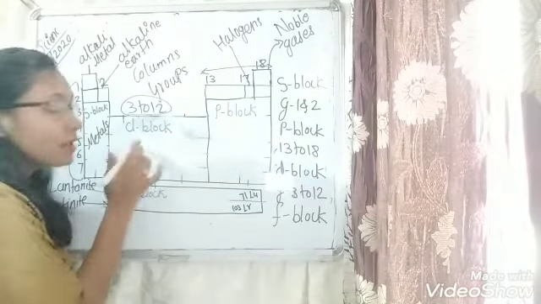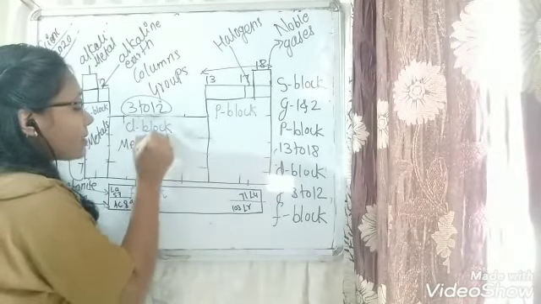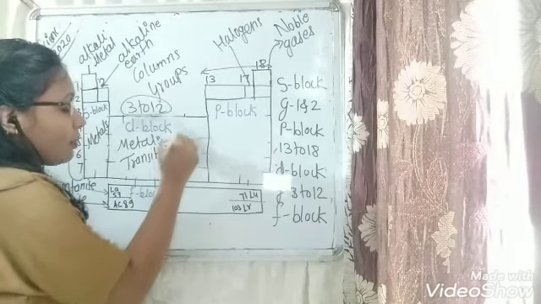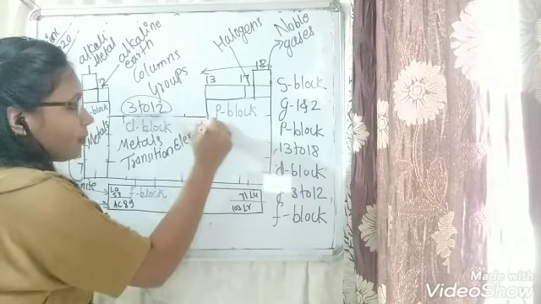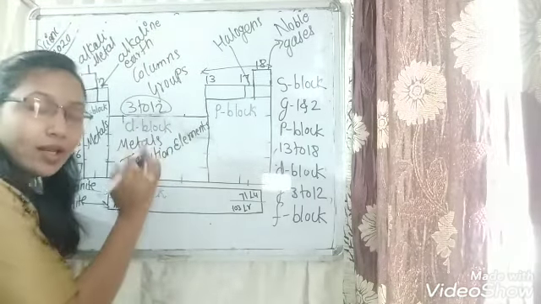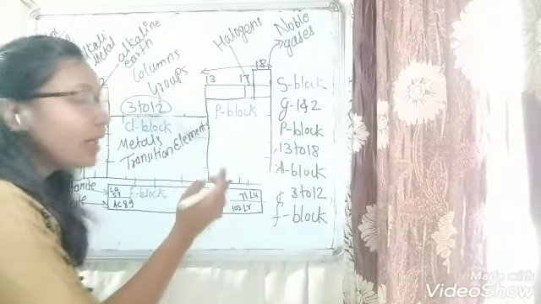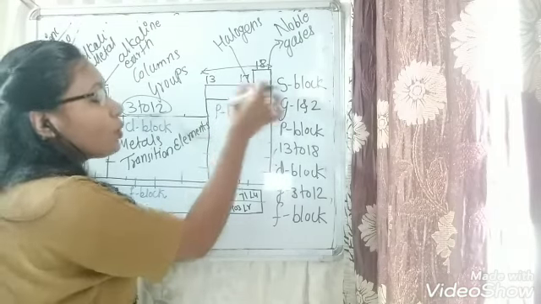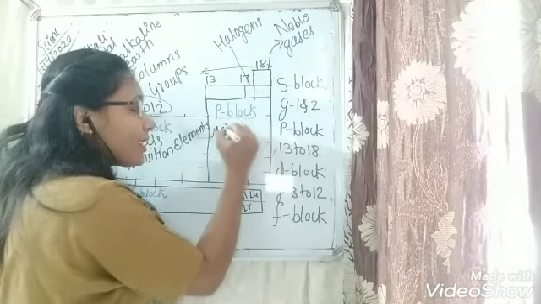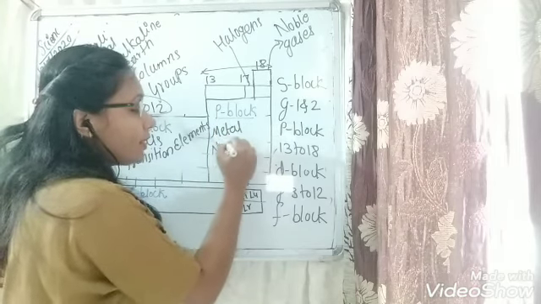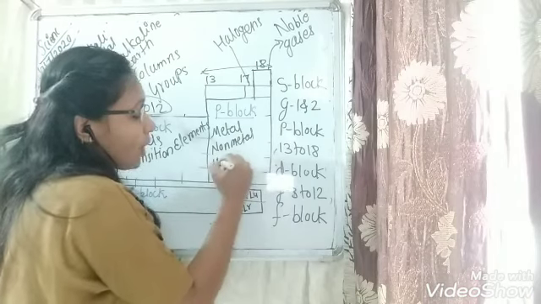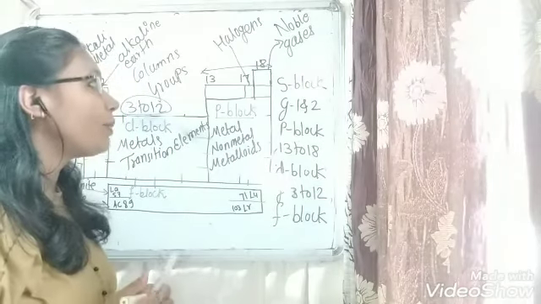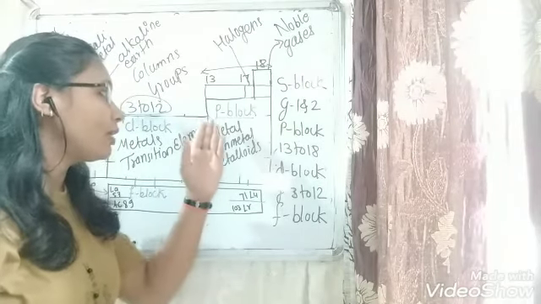Whereas in the D block, again all metals are present. But these metals are called transition elements. Means the elements which are present in groups number 3 to 12, they are all called what? Transition elements. Then afterwards, the elements present in the P block, from group 13 to 18. There, very interesting, there are metals, non-metals, as well as metalloids also present. Means all kinds of elements are present in the P block.